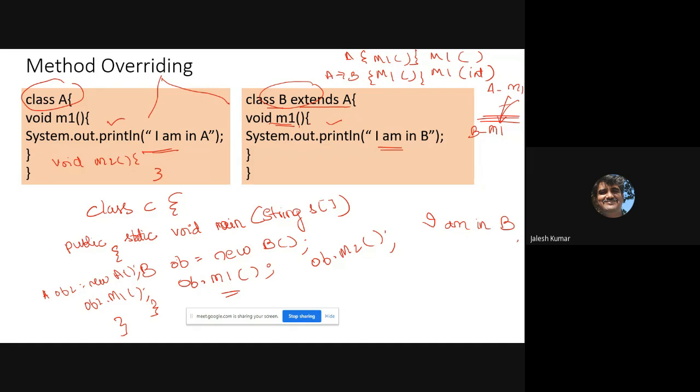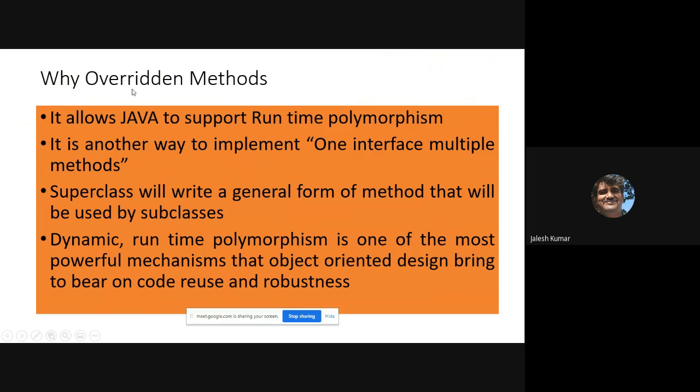Okay, overriding. How to write the example? You write one class, one method, and you extend that class, you write the same method, and you show that when you invoke that, this will display, not this one. The concept is called method overriding. So why overridden methods? Because your subclass will avoid the base class method if it has the same name.